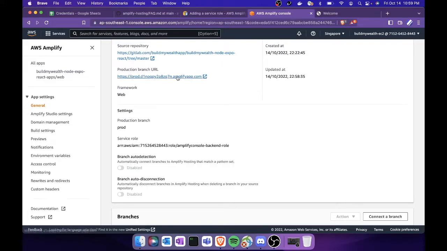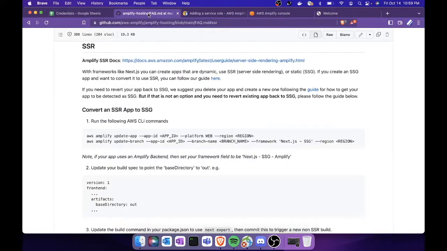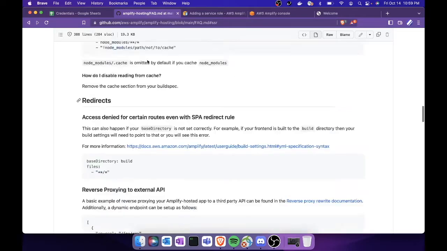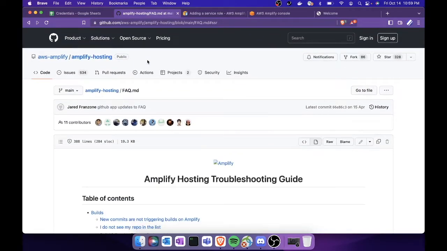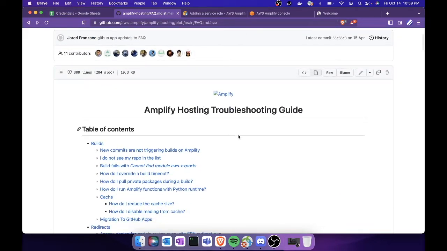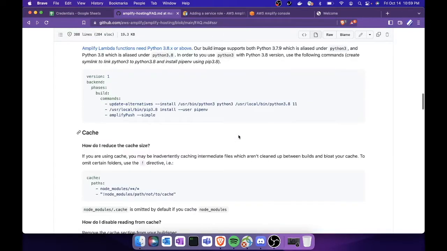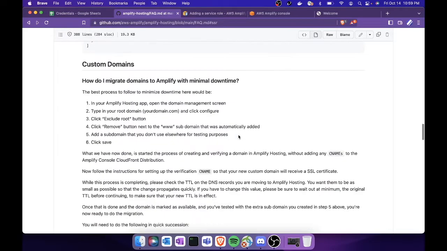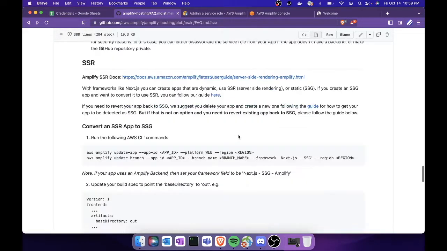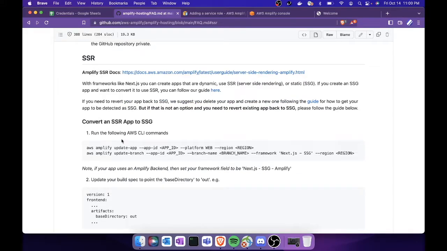So you can just go to this link in the GitHub. This is actually a GitHub that was created for troubleshooting Amplify hosting issues. Here, one of the issues that was mentioned is about the 404 issue when deploying SSR. So this one. Okay, so what we need to do is just run these two command lines using AWS